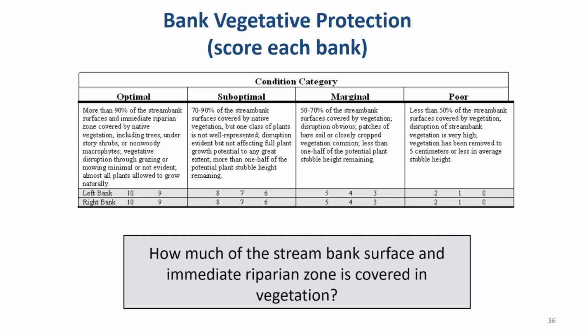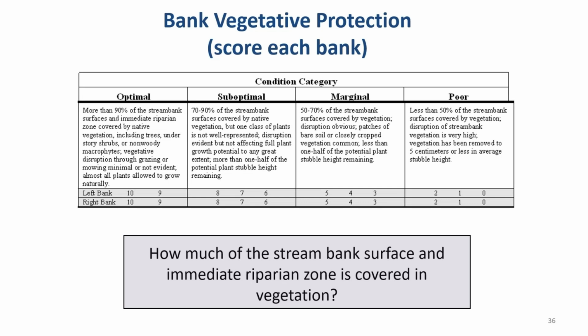Start over with that. If 90% of the stream bank is covered by native vegetation, including trees, understory shrubs, and non-woody plants, and there's no disruption through grazing or mowing, and the plants are allowed to grow naturally, that would be in the optimal section. If only 70 to 90% of the stream bank is covered by native vegetation, and one of those types of plants is not well represented,